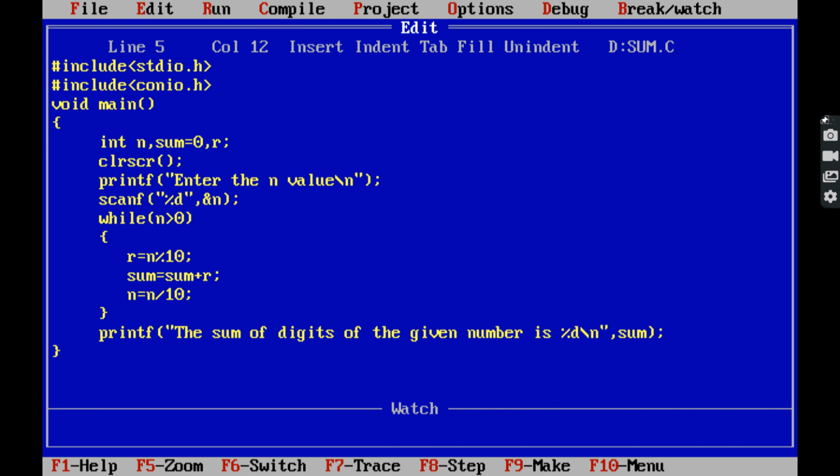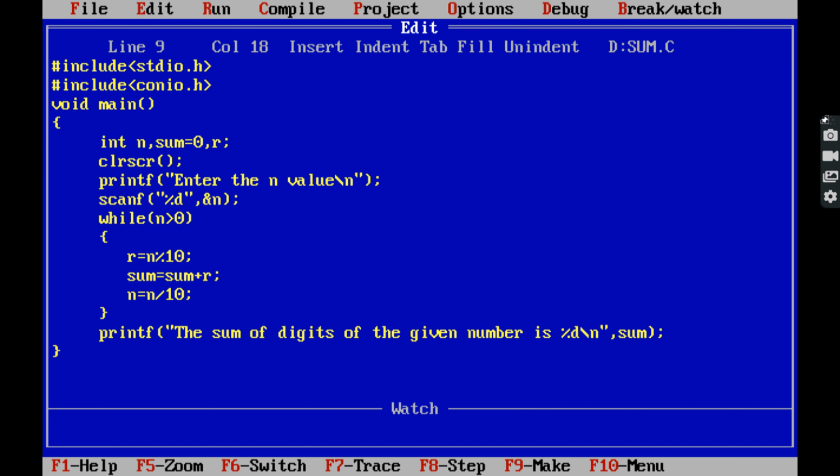Initially sum is equal to 0, and the variable r stores the remainder value. Next, printf, enter the n value. The n value is taken from the keyboard using the scanf function: scanf, %d in double quotes, comma, ampersand n.